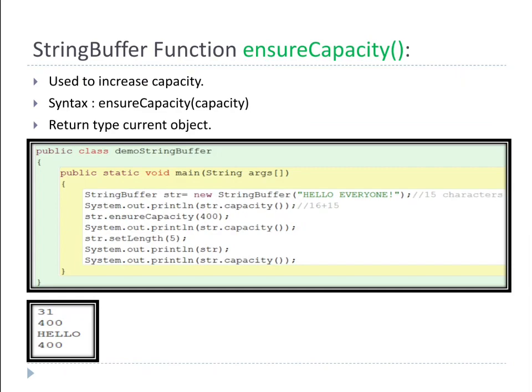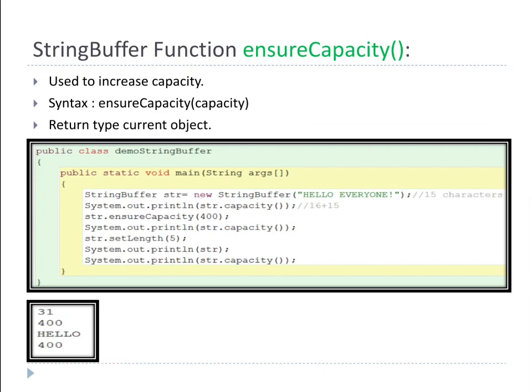But see, if I am providing the setLength function, because sometimes some students are confused between length and capacity. Capacity is the number of characters we can store in a particular location, but length is exactly the set of characters placed inside that string.